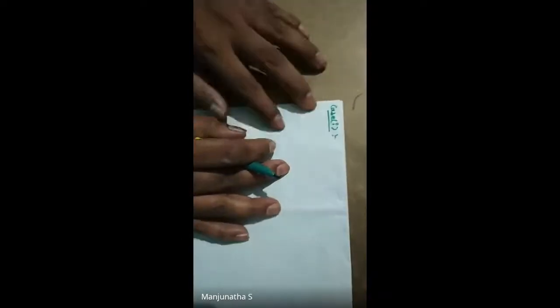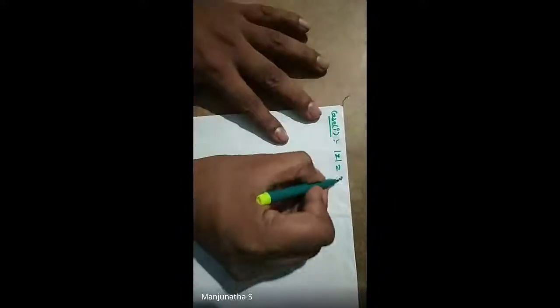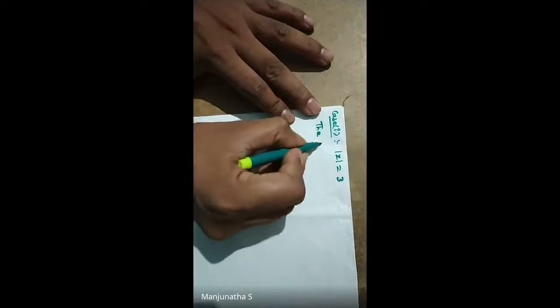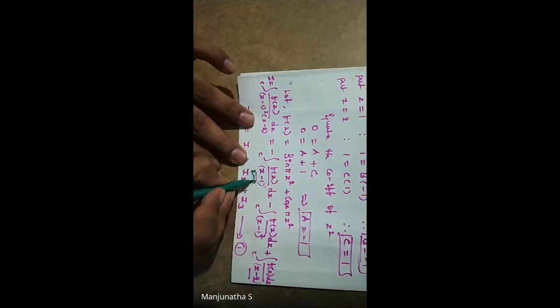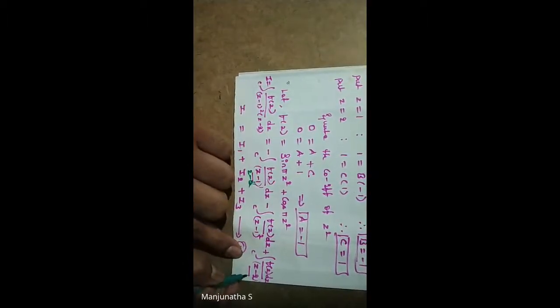So case 1, modulus z is equal to 3. Now the point A. See, when you compare with z minus a, what will you get in the place of a? 1. And here also a is 1. And here in the place of a, we have 2. So a is equal to 1 and a is equal to 2